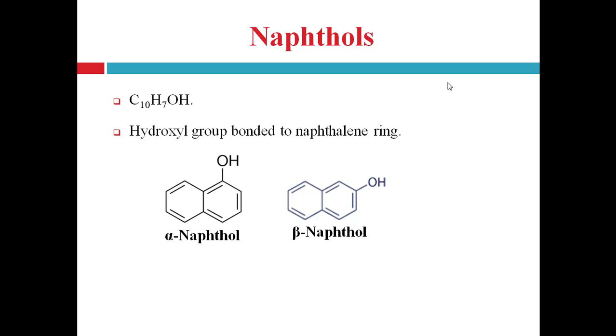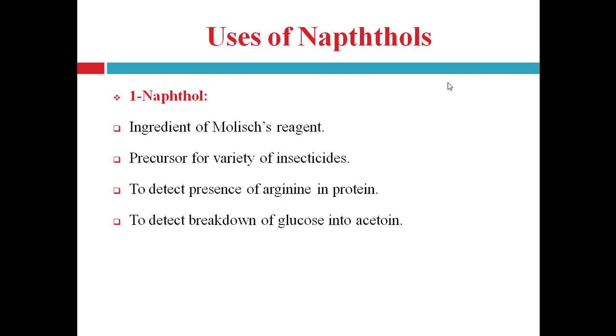Due to the higher electronegativity of oxygen than both carbon and hydrogen, naphthol is highly polar in nature. 1-naphthol is a white solid, fluorescent compound and soluble in alcohol, ether and chloroform. 2-naphthol or beta-naphthol is a colorless or yellow crystalline solid, fluorescent and having the same solubility as 1-naphthol, that is soluble in alcohol, ether and chloroform. Now uses of naphthol. First see uses of 1-naphthol.